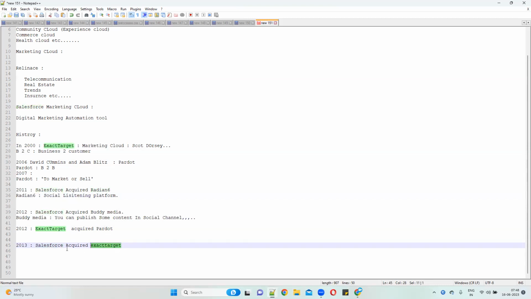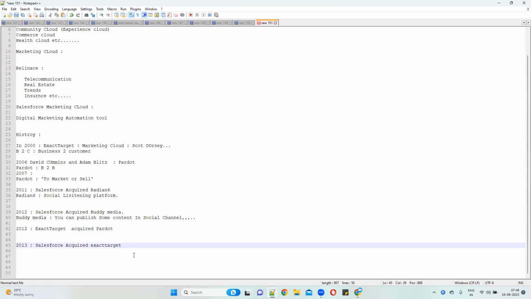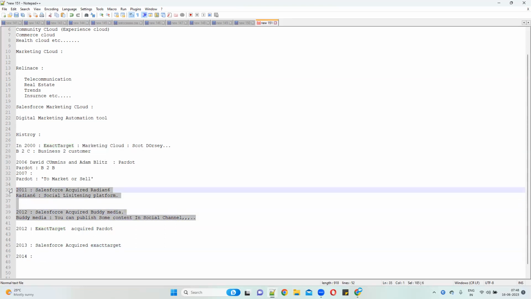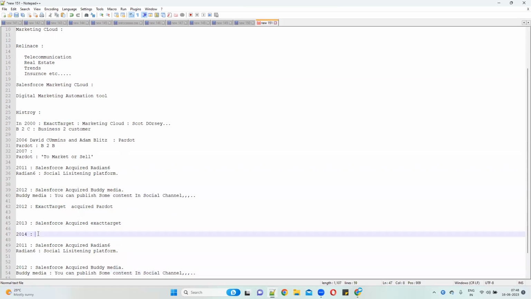So the next year, I told you, these two are nothing but Social Studio channels. In 2014, Salesforce merged these two things into Social Studio. So Social Studio is a combination of Radian6 and Buddy Media.